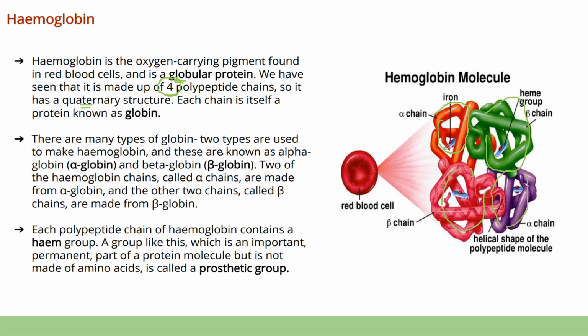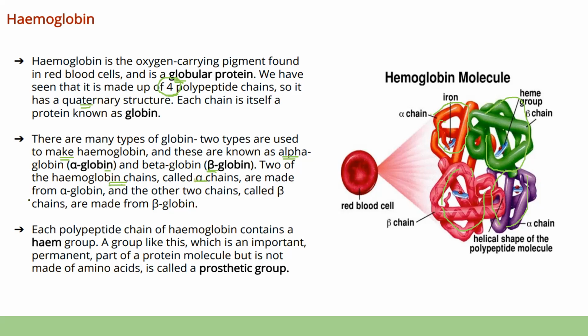Each one has its own appearance, it actually is a globin. Globin has a spherical appearance. So there can be many different types of globin, but the ones used to make hemoglobin, because we have to stick to this example, are known as alpha globin and beta globin. So these are the two examples that we have to remember from this. Alpha globin and beta globin, and two of the hemoglobin chains are called alpha chains